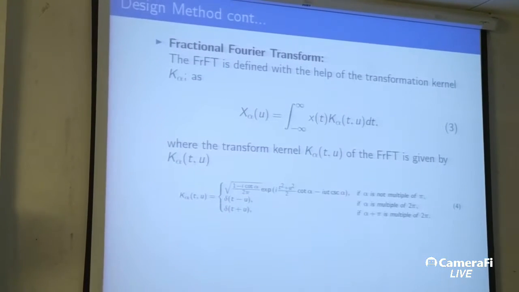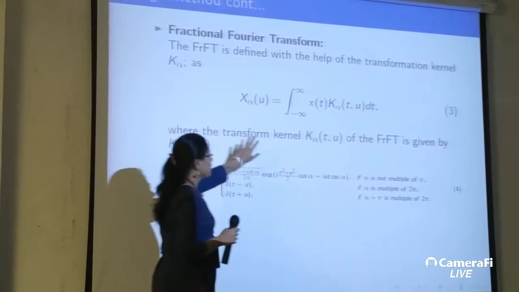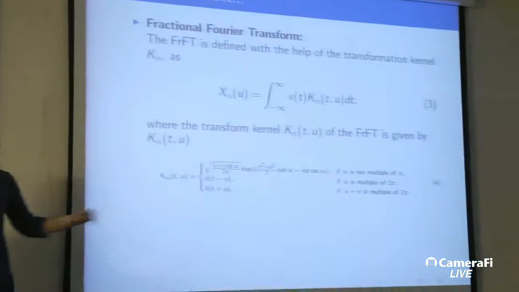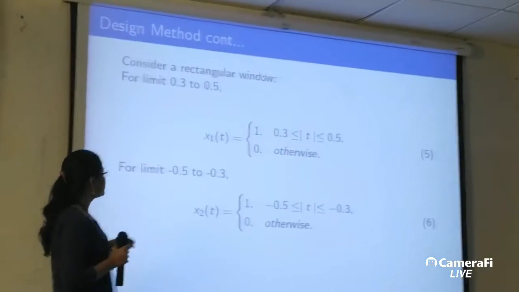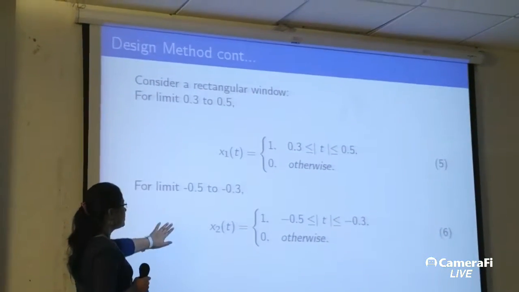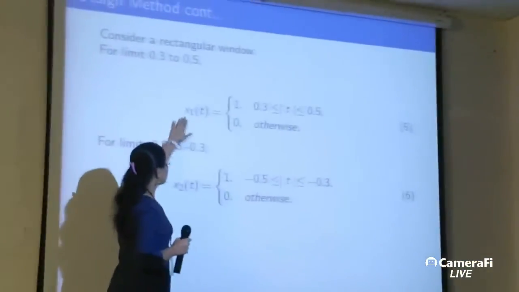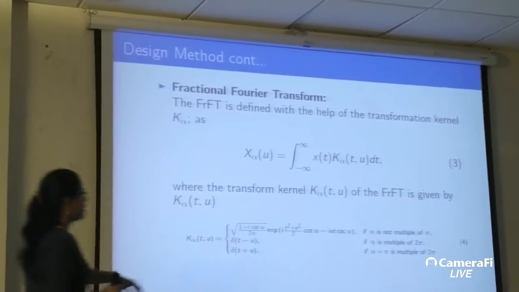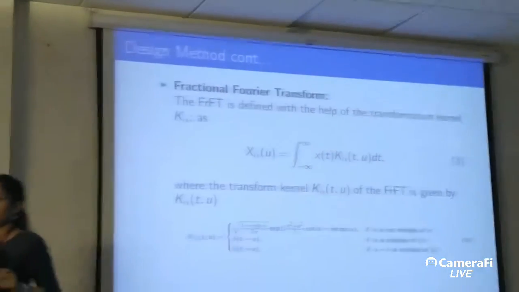So our first step is to define the kernel. Here is the kernel for fractional Fourier transform, where K alpha is the transformation kernel defined by this equation. The next step is to consider the rectangular window parameter. This is for the limit 0.3 to 0.5, and these limits are for minus 0.5 to 0.3. Once we get the values of x1 and x2, we have to put them in this equation. Then we get the value of x of u. After getting this,